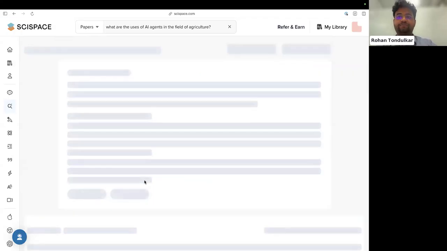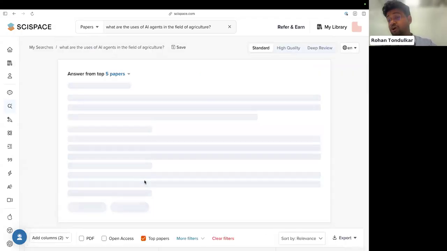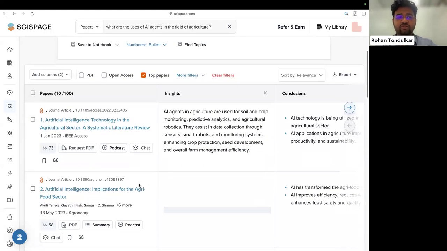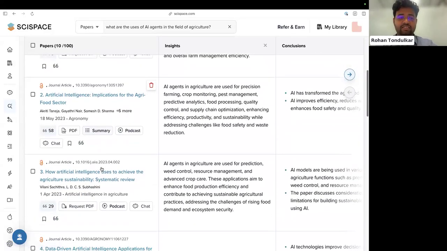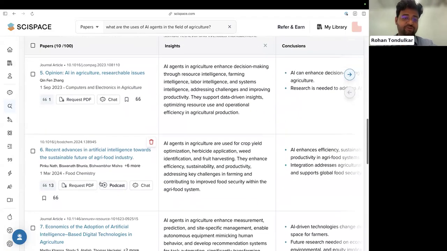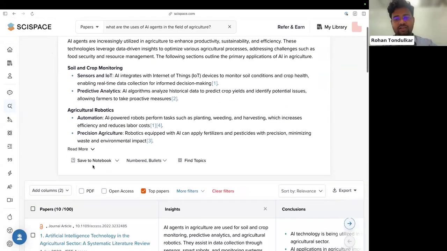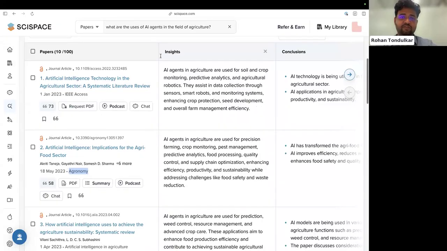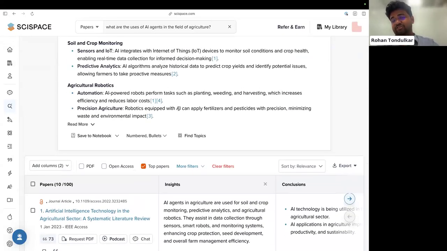So now you select top papers, right? This is again something a lot of people who directly start using might miss out on, because there are so many things on the UI. Now I've got results from Agronomy, IEEE Access, Artificial Intelligence in Agriculture, Computers and Electronics in Agriculture, Food Chemistry, and so on, right? So this is the next thing. Now, let's say we pick one of these. So what next? Many researchers have this requirement that the paper should be from top-tier conferences only, because sometimes there can be noise and so on. So depending on your requirement, you can select.